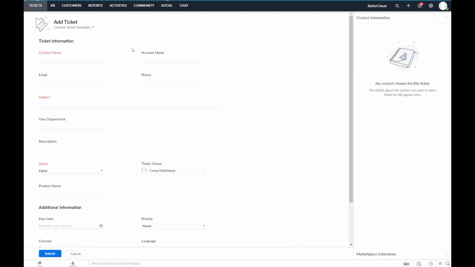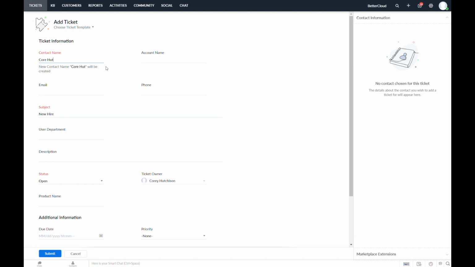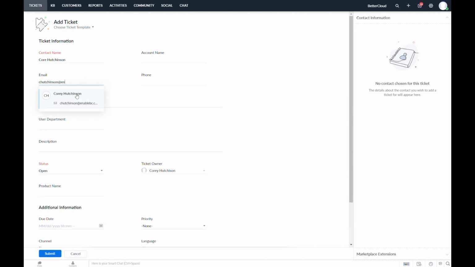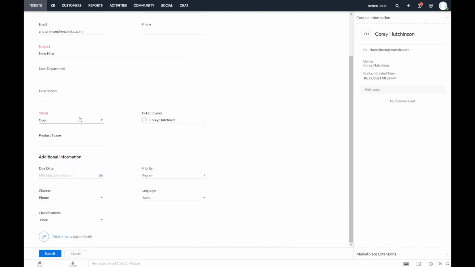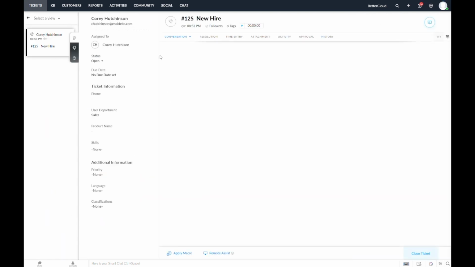So if we create a new ticket off the bat, that subject column again is going to be new hire to correlate with that function, and then the contact name, just make it up, Corey Hutchinson, C Hutchinson at enable BC. It seems like I already have one. So user department, let's say it's sales, and I can add more if need be, but I'm not going to. If we submit this,